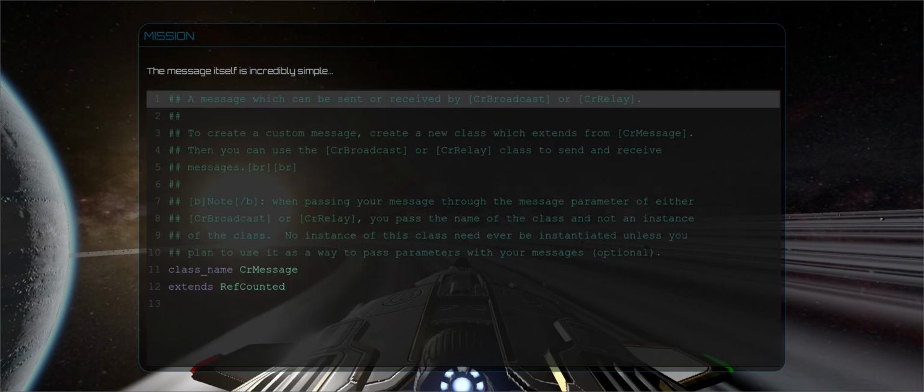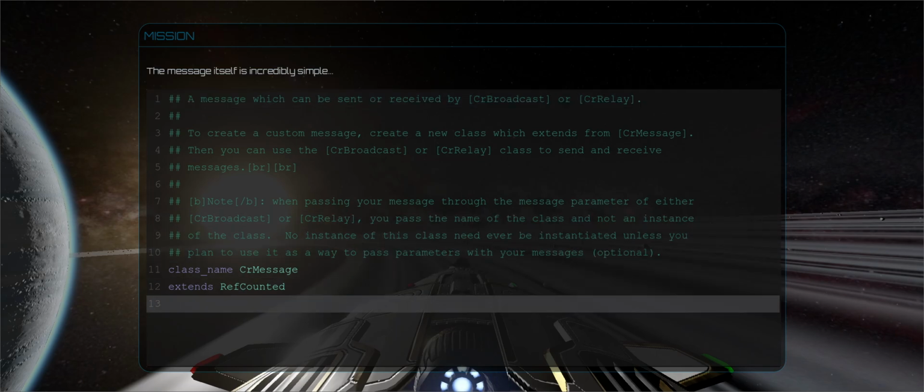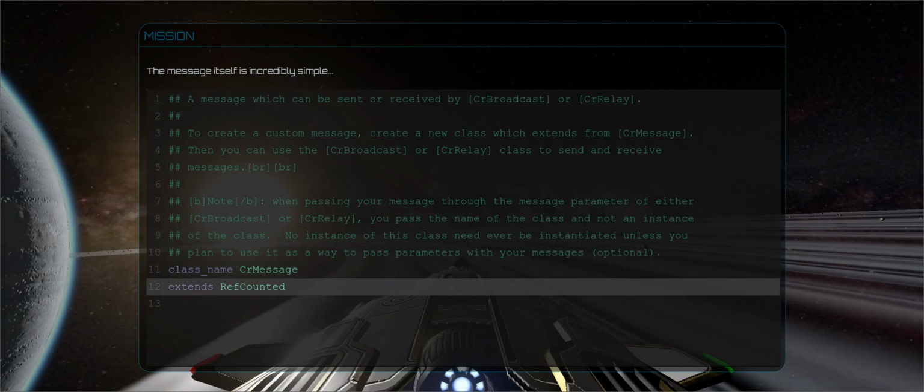All right, so now what does the message look like? And like I said, it's really simple. This is it. It is, at the heart of it, an empty class. It just has a class name of CRMessage, and it extends, in this case, RefCounted. For some reason, in this particular case, I decided to guard for if people actually create instances of this. So if you accidentally create an instance of a CRMessage, it should garbage collect, but you really should never